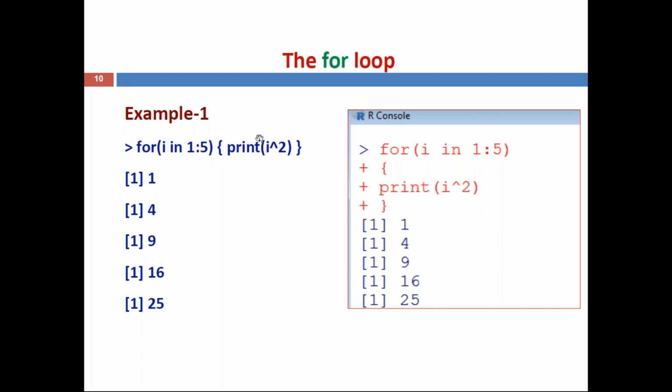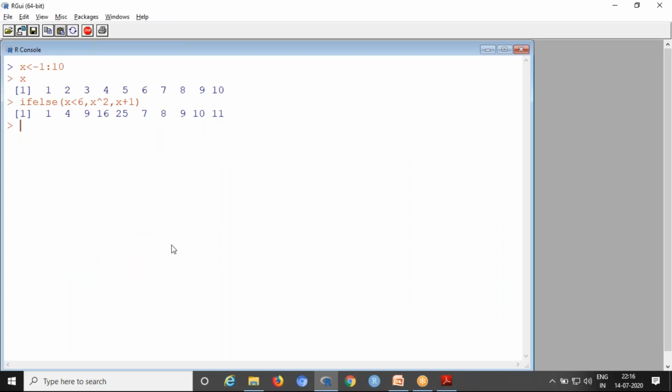Then that's all. All values are completed. So the loop terminates and exits. This is the output. This is the screenshot taken from our software after execution. Now we will also execute this one. So here we are taking for I in the range 1:5. Now you can enter each and every line one by one.